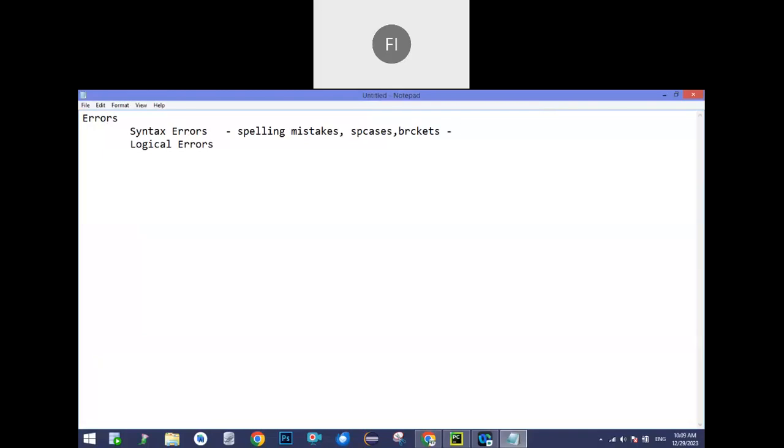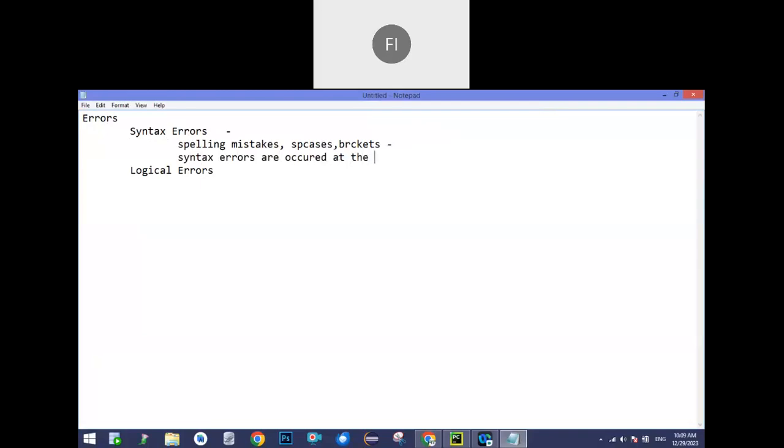That is what we call syntax errors, and these are observed at the time of translation only. It won't wait till the execution, okay. So basically syntax errors occur at the time of translation only.